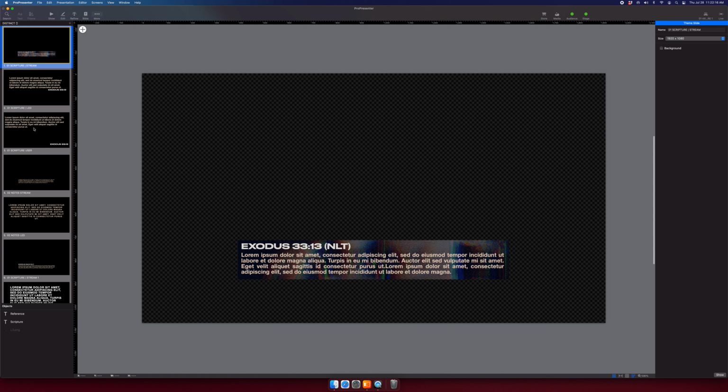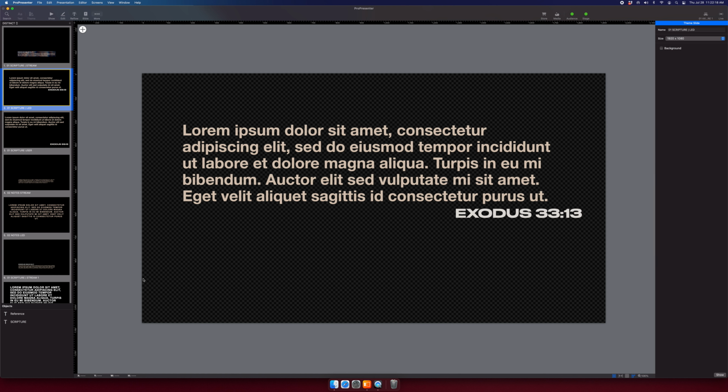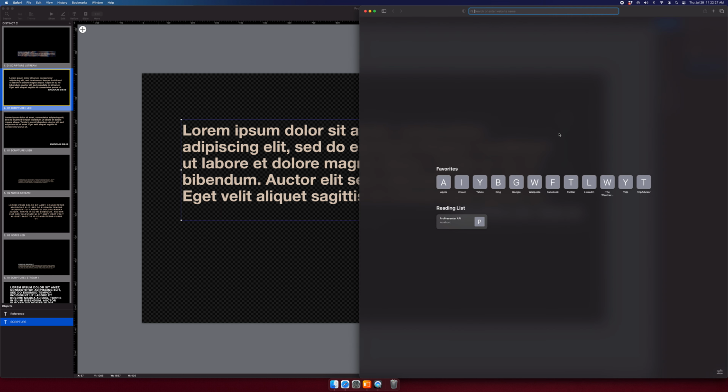So we set that up. That looks good. LED wall. So there's content here. Same thing. There's one box for the reference, one box for the scripture itself. And then these are going to be displayed on